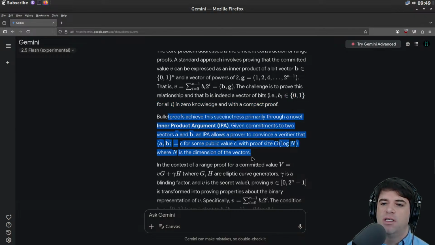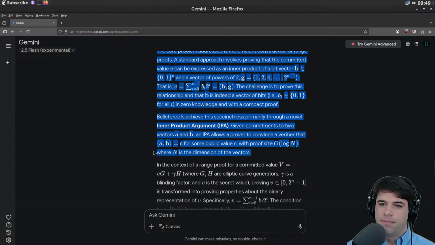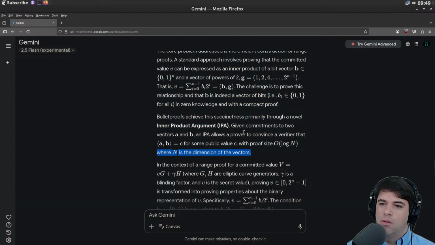Bulletproofs achieve this succinctness primarily through a novel inner product argument. Given commitments of two vectors, A and B in IPA, not the beer, the argument allows a prover to convince a verifier that the inner product of A and B is C for some public value with proof size O of log n, where n is the dimension of the vectors. Okay, so given commitments of two vectors,